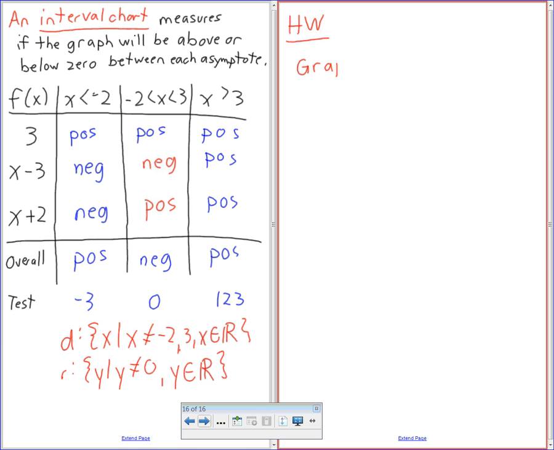Graph and state domain and range for f of x equals 2 over